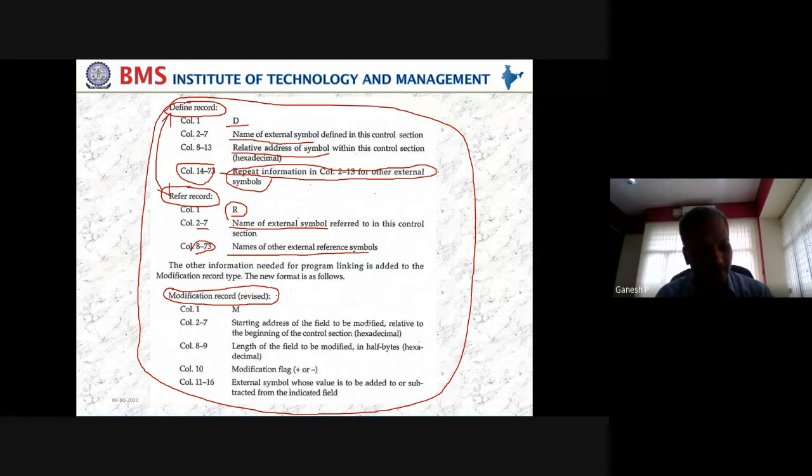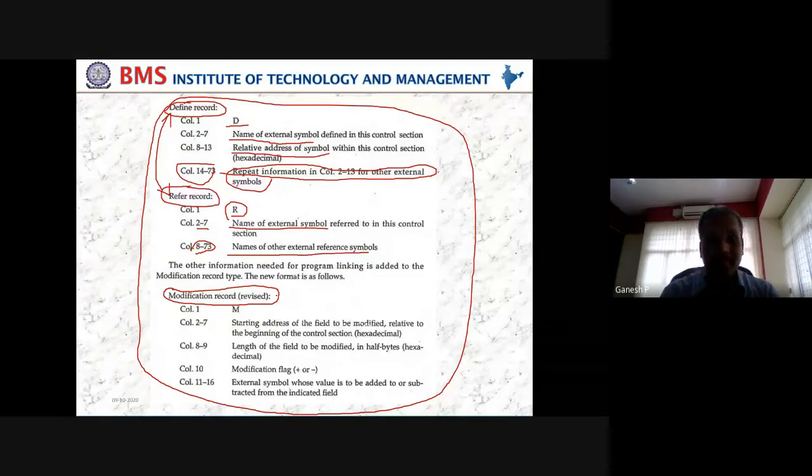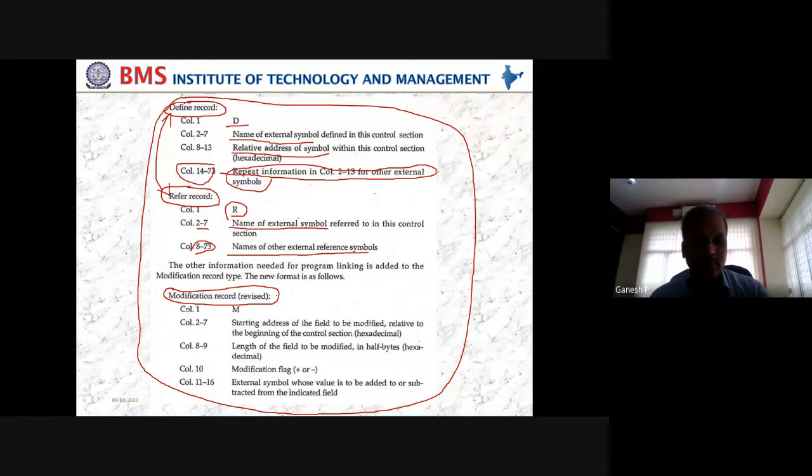We have seen the existing modification record. What is that? Column 1, M; columns 2 to 7, the starting address of the actual data that needs to be modified. We know how to take that. Columns 8 to 9, the length, that is 5 half bytes. In addition to that, in column 10, we add plus or minus. Why plus or minus? Like buffend minus buffer, so minus is there.